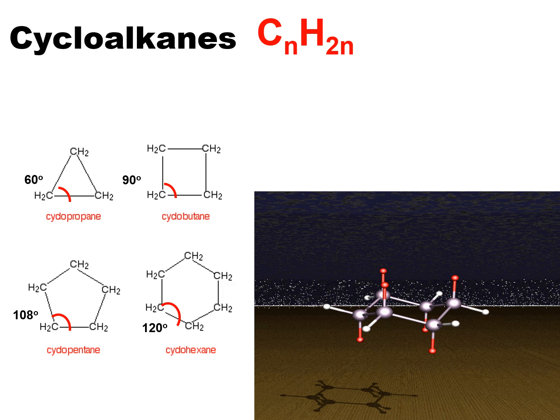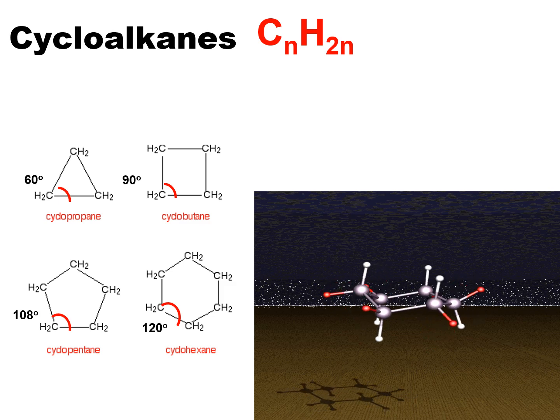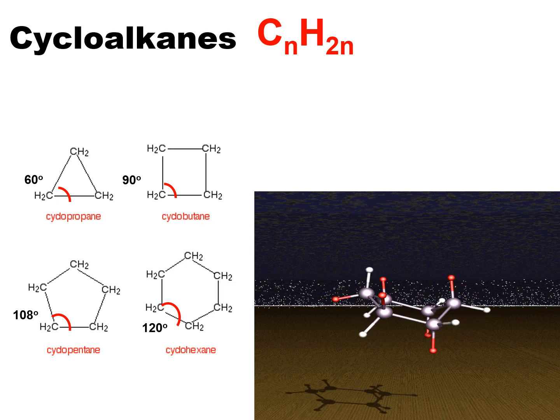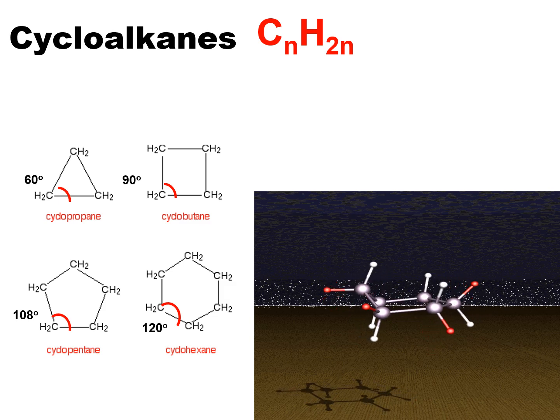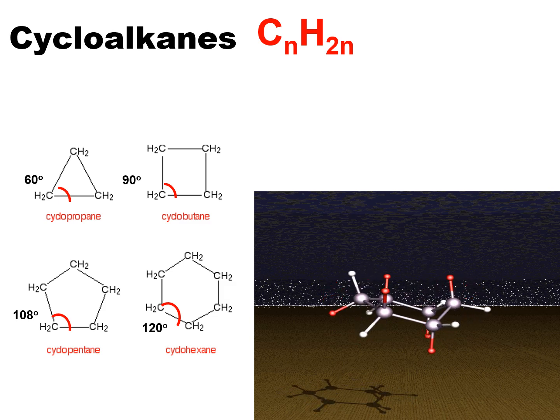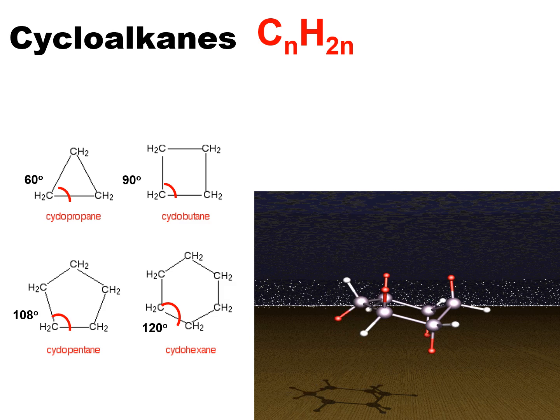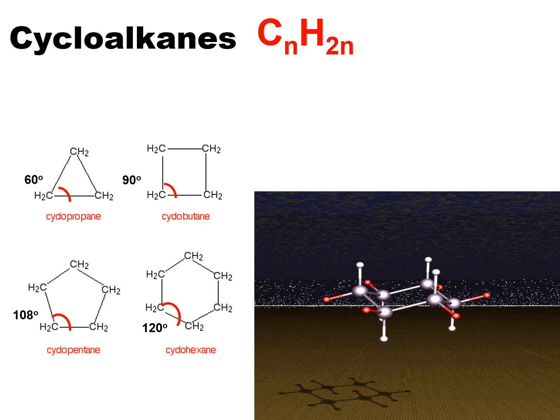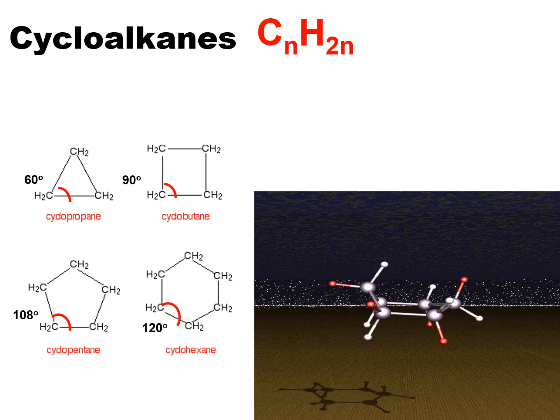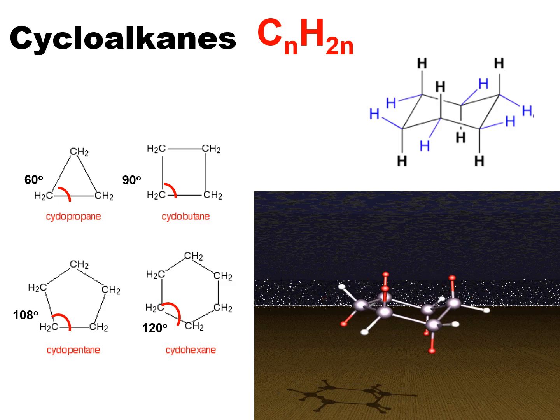So this compound is going to be much happier. For cyclohexane, you would have an angle of 120. That would seem too much, but that's for a shape that is flat, right, and we know that atoms have a 3D shape. So with a hexagon, you can bend and fold a lot, and you can get to the actual